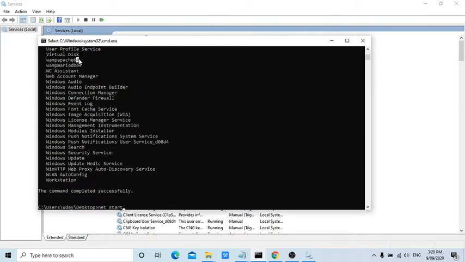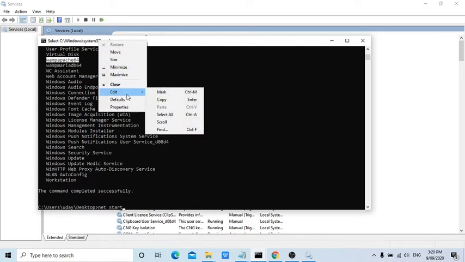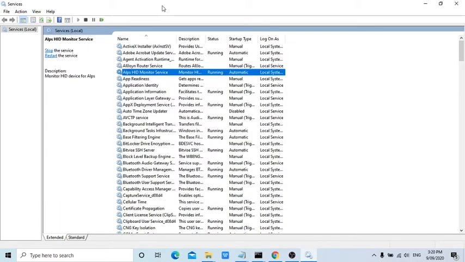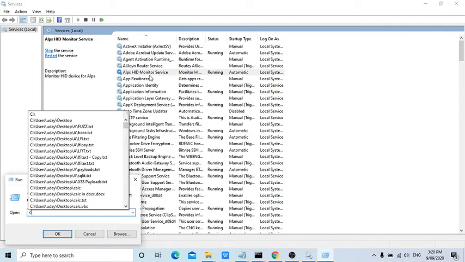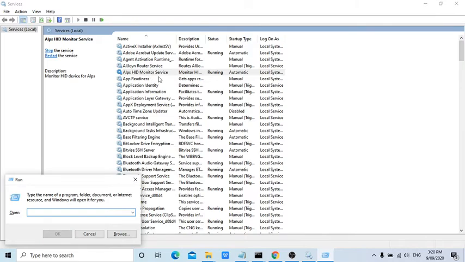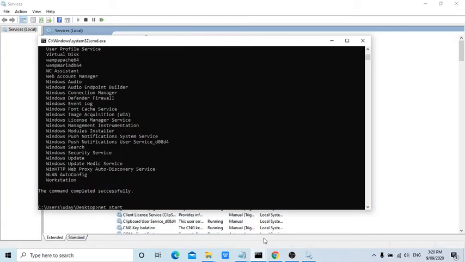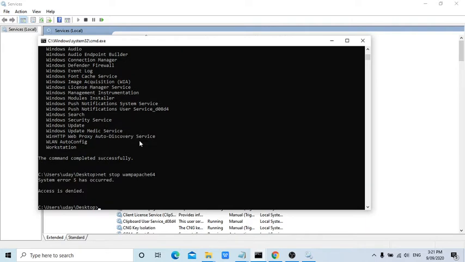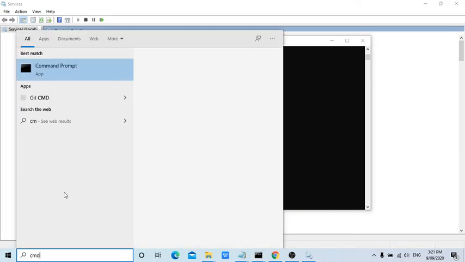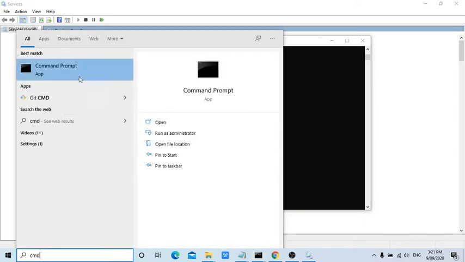Now if I want to stop this Windows Apache MySQL WAMP64, guys, from the command prompt, how can I do that? I copy the name from there, I don't have to remember it, I copy exactly as it is showing. Net stop, it will throw some error, access denied. Then I will try to run as an administrator. Why is it throwing an error, guys?